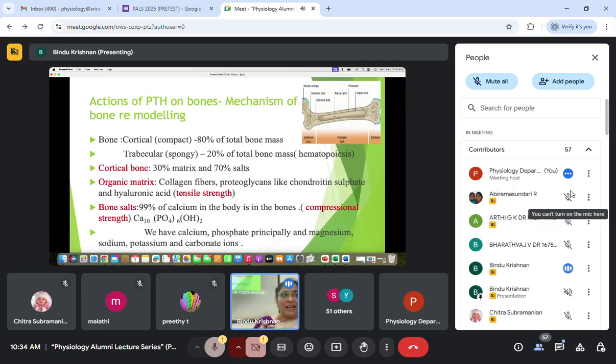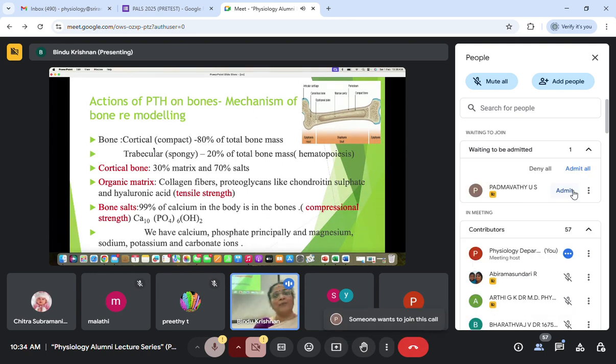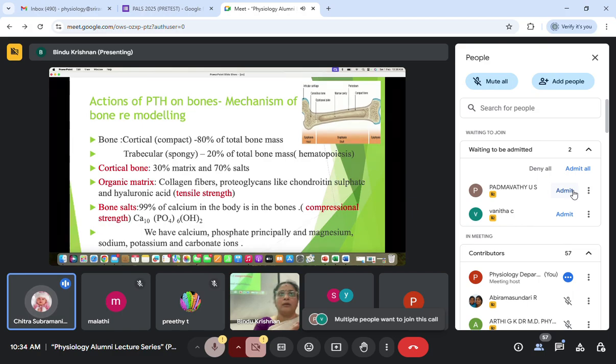Now moving to the action. We said that parathyroid hormone receptors are present on two organs. One is the bone, the other one is the kidney. Now going to the action on the bone, just a few basic things. All of us are aware of the cortical and the trabecular bone. Cortical is the compact, almost 80%, while the spongy is the 20%, where normal hematopoiesis is going to happen, right? So the cortical bone or trabecular, you know that it